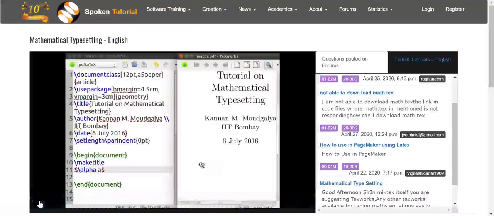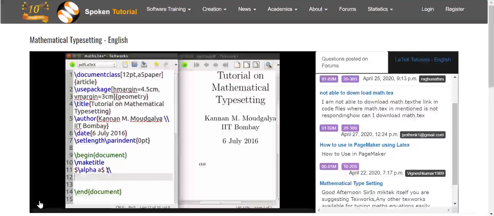What do we do if we want to introduce spaces in the output? We have to explicitly tell LaTeX, as we do now. Let us ask LaTeX to start a new line.